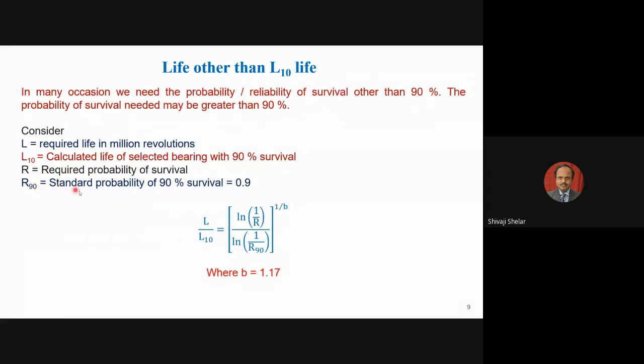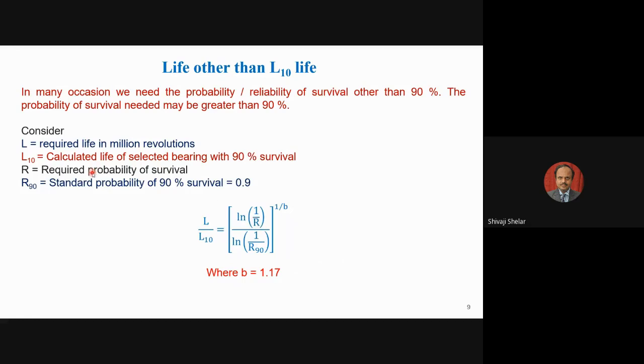R90 is the standard probability of 90% survival. If you convert the percentage into a fraction, the R90 value is equal to 0.9. So the relation between L, L10 and R90 is this formula, which is also available in the data book. L upon L10 is equal to log of 1 upon R upon log of 1 upon R90, raised to 1 by B. If you are selecting ball diameter, then B is equal to 1.17, where R is the required